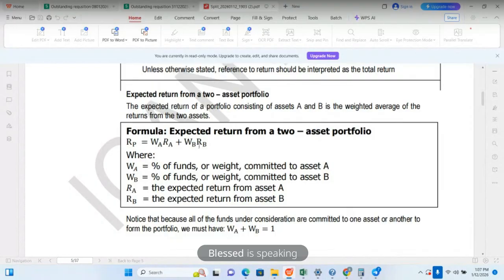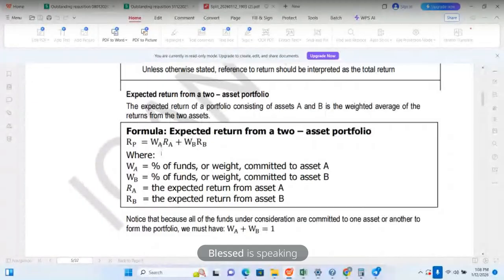We said that we have asset A and asset B. Depending on the number of assets you have, it could be asset C and asset D, asset F and asset G. But in this case, we are just using asset A and asset B as an example. So it will now be weight of A multiplied by return of A plus weight of B multiplied by return of B, where